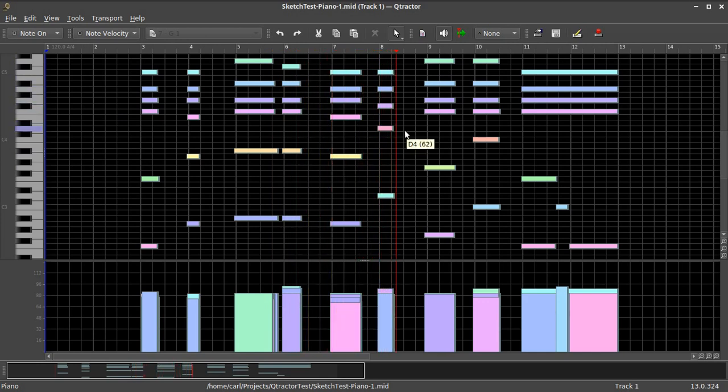So Qtractor records sustain pedal information as separate information. It's not like some other digital audio workstations where sustain pedal will actually affect the note length in the way it's being recorded. This is nice, and it's also not so nice. It's nice in the fact that it's nice to have things separated in case you want to use data separately. It's not so nice because it means that you have it separated, and when you go to copy MIDI data, you have to make sure you have all the data copied,